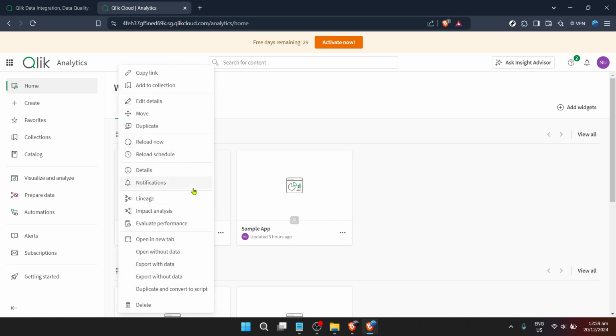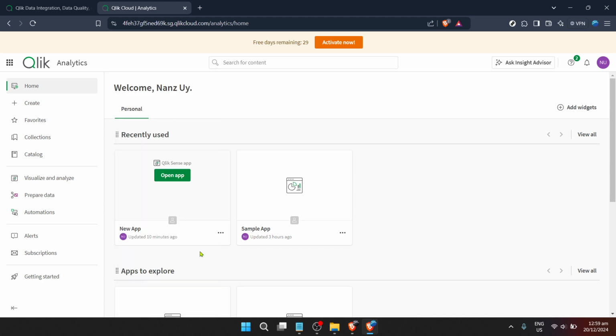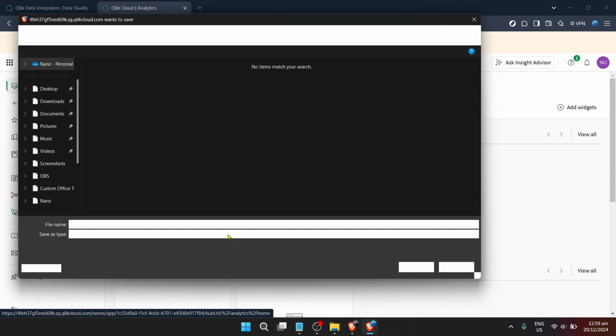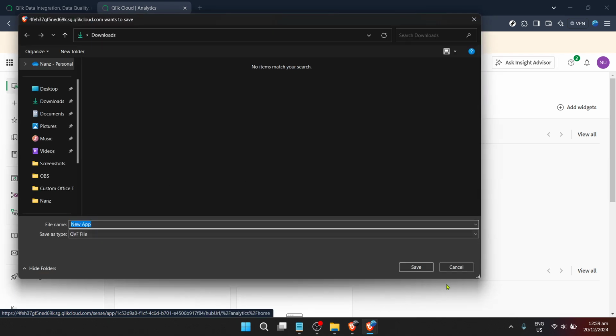Go ahead and click on the app you're interested in exporting. Each app tile gives you a snapshot of what the app is about, so you shouldn't have any trouble locating your target app. Once you've selected your app, look for the option that says Export with Data. This is a crucial step because exporting with data ensures that all your hard work, the visualizations, the datasets, the insights, all get packed up together. Clicking this option will initiate the export process, and just like that, you're done.